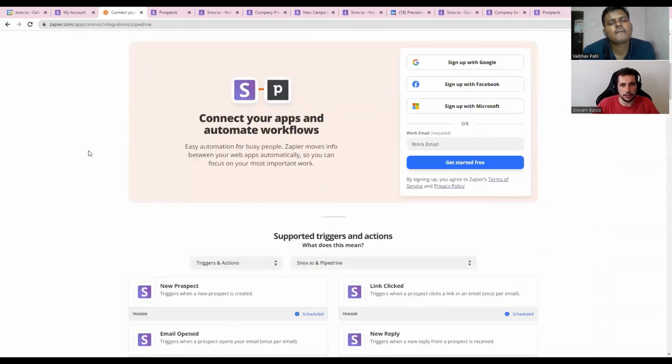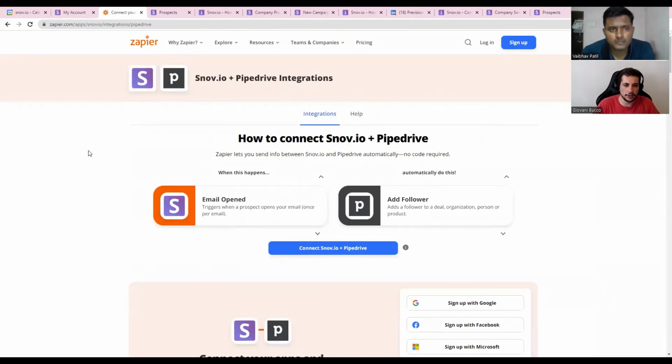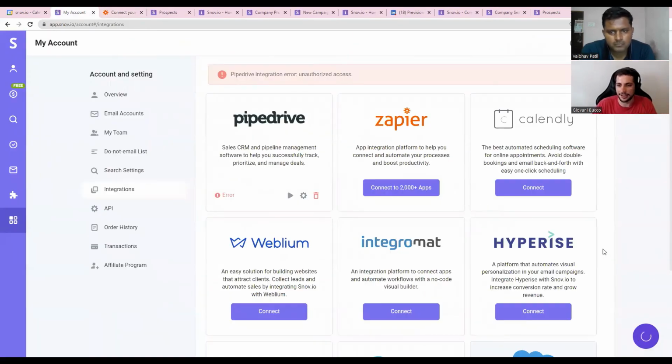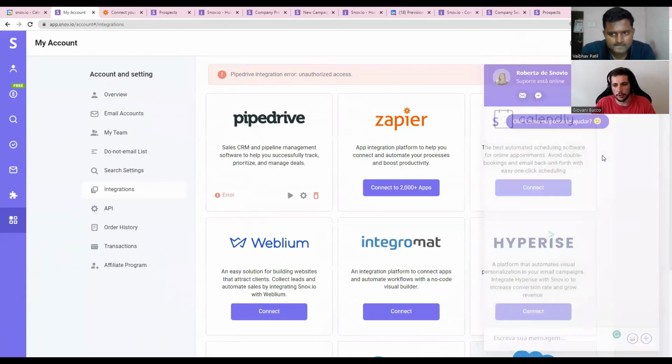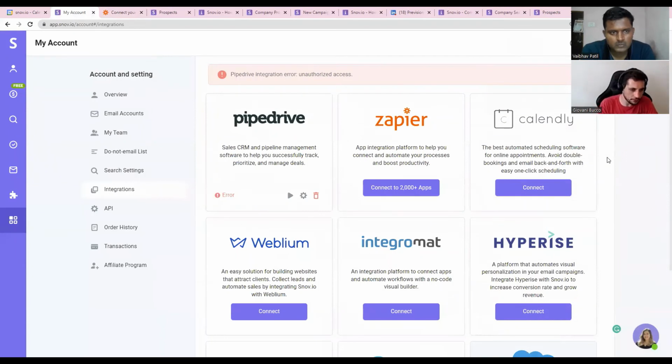Zapier integrates with over 4,000 apps, and everything that we have here can integrate with Snovio. So integrations depend a lot on the customer, but if you have any questions or requests, if you like the tool, just please send a message here to our customer care team, and they will be happy to book a demo for you, and we can contact you and show it more personalized to your reality, so we can help you out with this. Make sense? Yes. Can you download your prospect list into a CSV file?